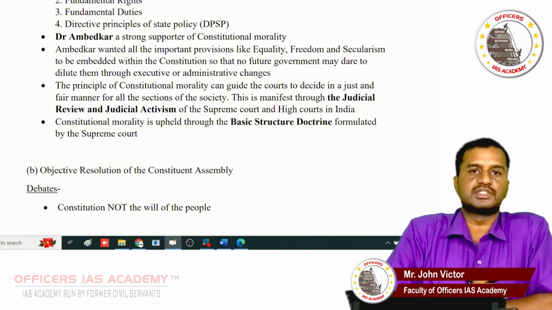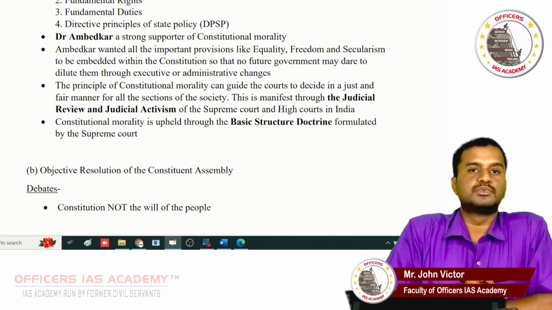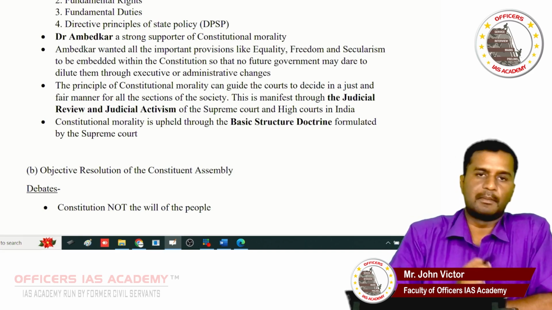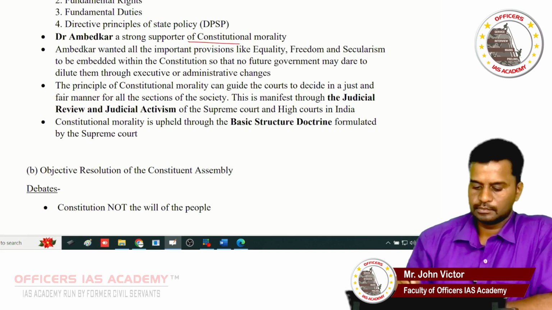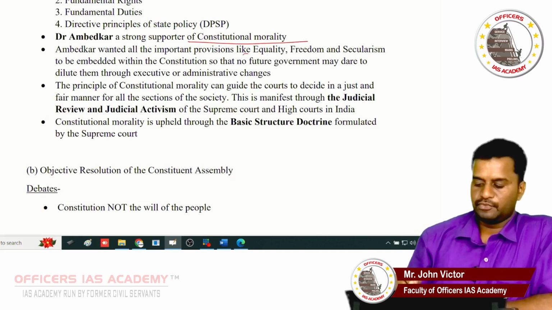Ambedkar and Nehru both were liberals, both gave importance to the state. Gandhi was against the concept of the state. Gandhi is more like Marx, he was against it. But comparing Nehru and Ambedkar, Nehru was more of a revolutionary compared to Ambedkar. So Ambedkar was a strong constitutionalist. Equality, freedom, secularism, mention these concepts.